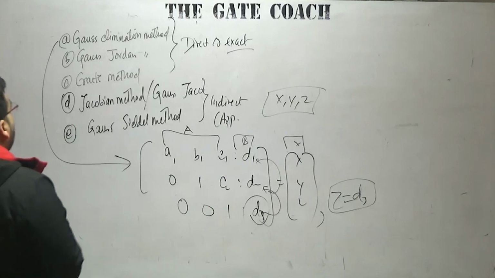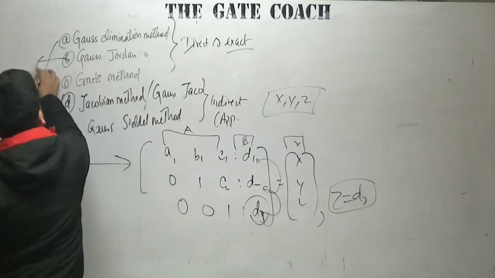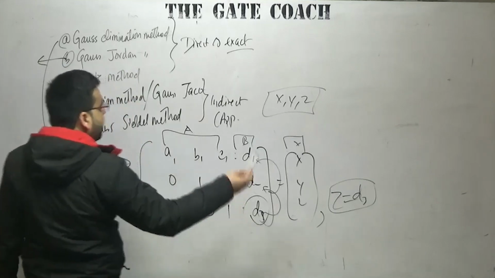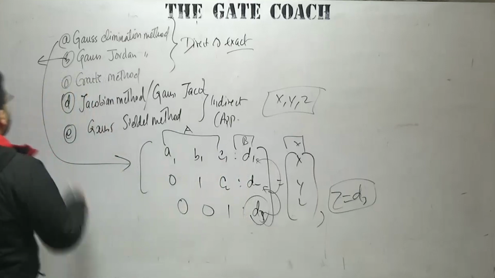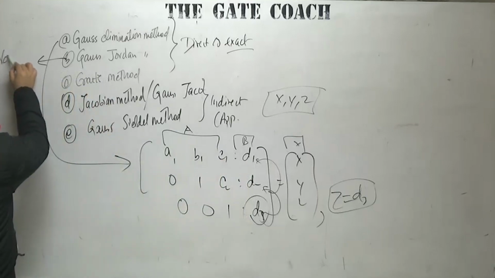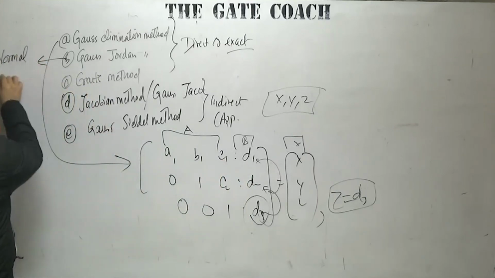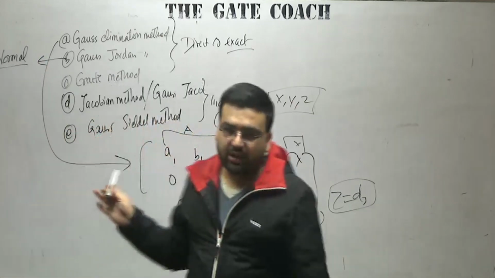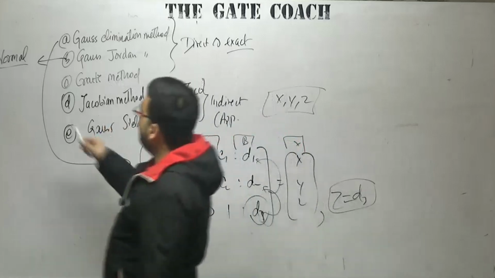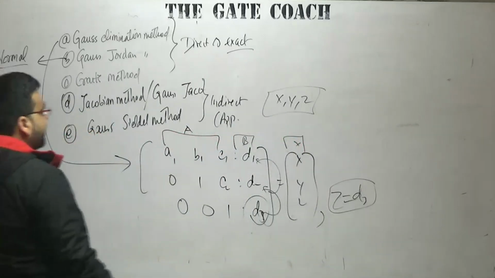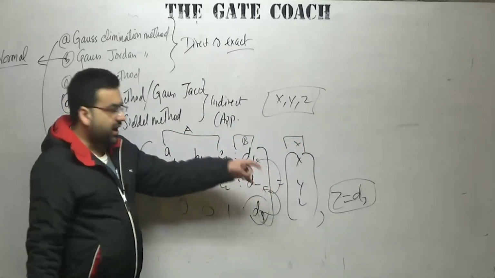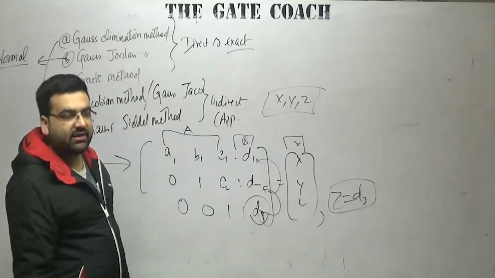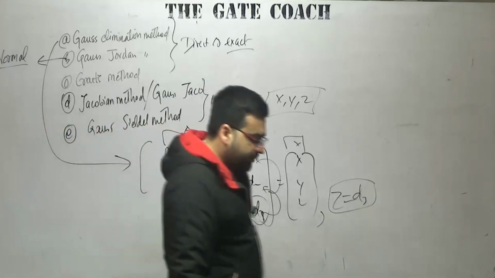Then we have the Gauss-Jordan method. This is an advanced form of the Gauss elimination method. In this method, we do not convert it into echelon form. We convert it into the normal form. And dear students, you know that to convert a matrix into normal form, you can apply the row as well as column transformation. Some identity matrix will be there, and by comparing the values, we will be getting the values of X, Y and Z. This is what we have discussed in the class also, and we have solved some numericals in the class also on this topic.